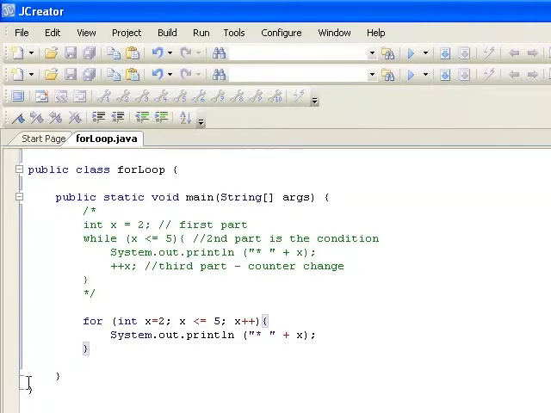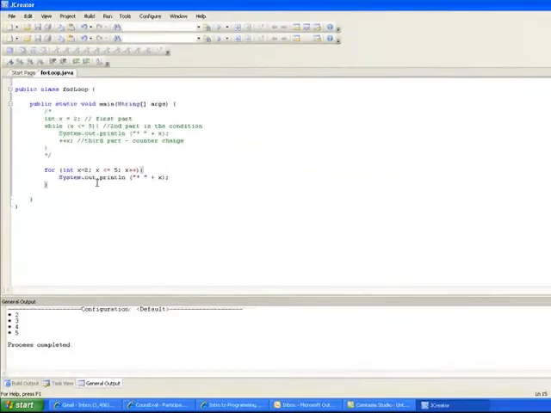Then in the next loop, it will go to part 3, then part 2, part 3, part 2, looping through this until the condition is false and then get out. So the first loop is part 1, check part 2, enter if it is true. Then go to part 3, part 2, part 3, part 2, until this is false and then get out. And here the braces, the second brace is where